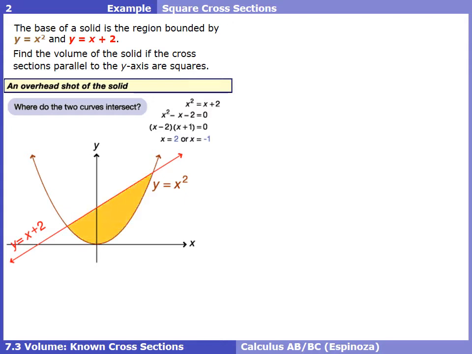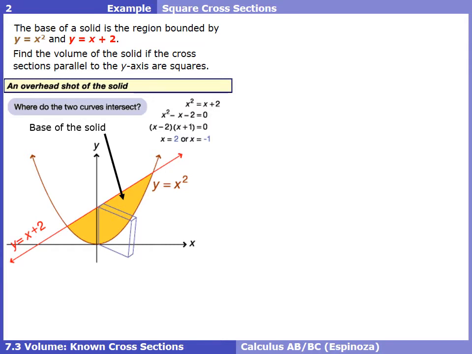So we have our area here, so I'm going to go ahead and shape that in. This yellow part, again, is going to serve as the bottom, as a base of a three-dimensional shape. And sticking out of the base are going to be, in this case, squares. So that's going to be the base of our solid. It's kind of hard to draw in a flat 2D space, but just imagine squares sticking out of this